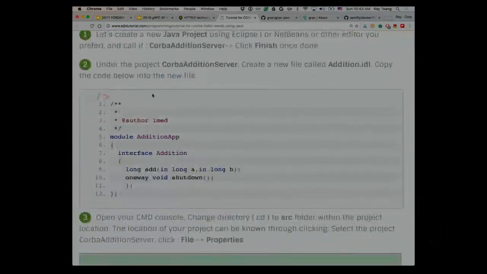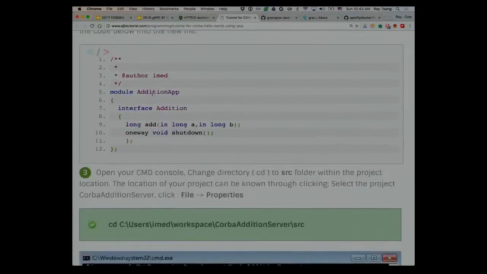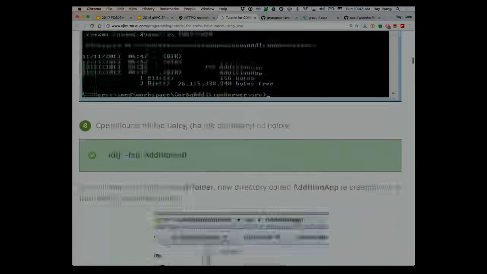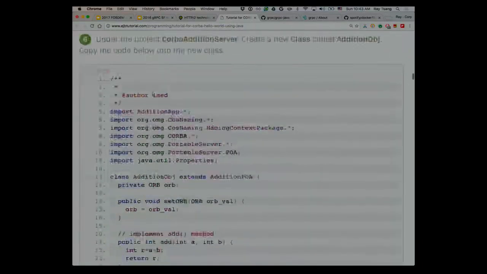Let me just make sure you can see this. First off, with most of the RPC frameworks, you're going to start off with the IDL, the interface definition language. This is so that you have something intermediate that's language agnostic, and then you can use this interface definition language to generate code for many other languages, right? In this example, there's an app that does addition for 2 integers, just 2 longs. Just keep that in mind.